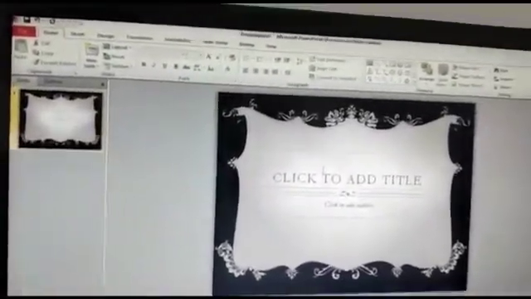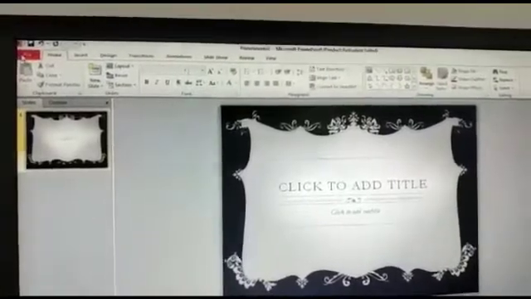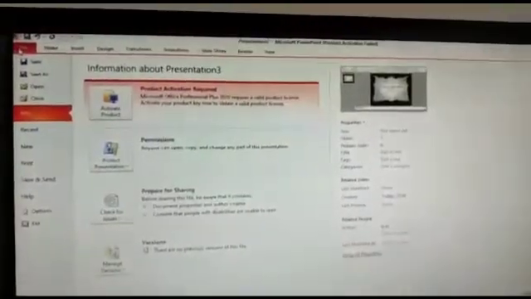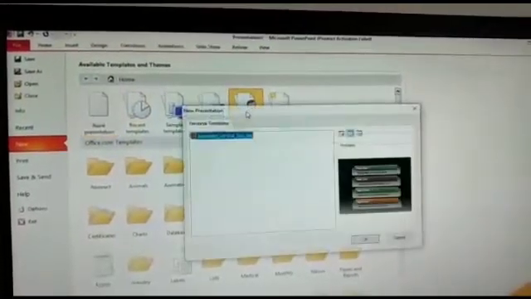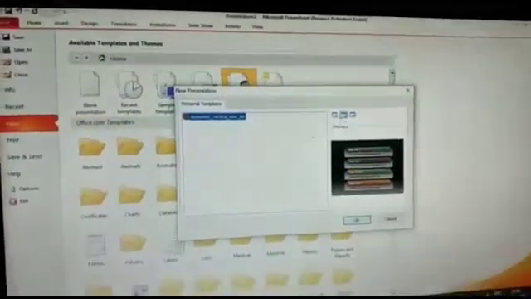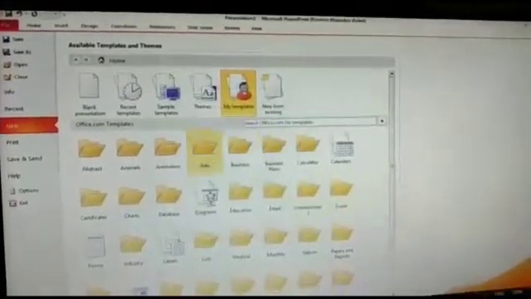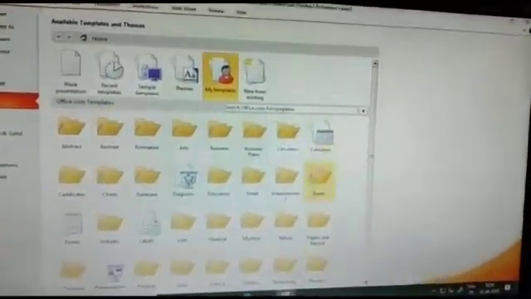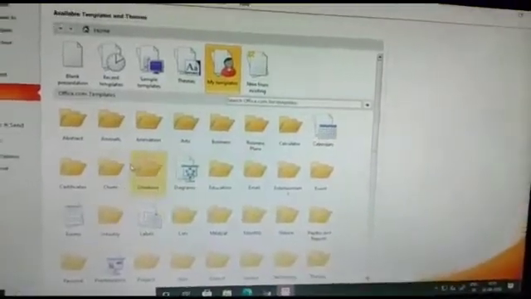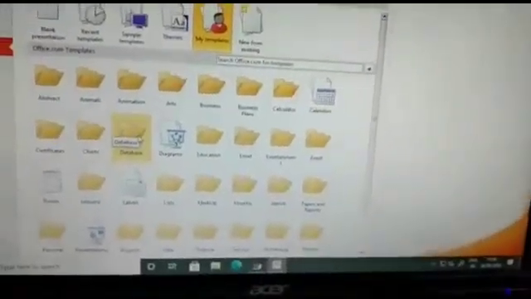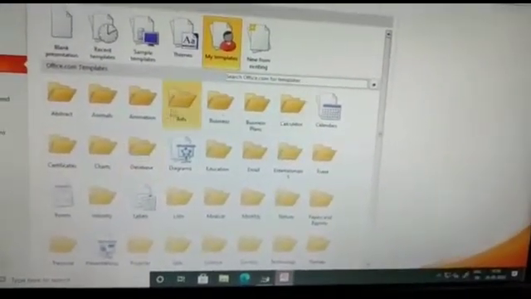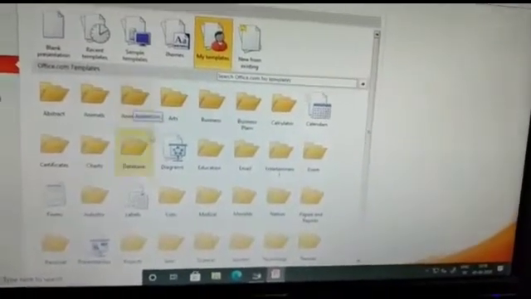Now the next is how to apply the templates. You can also apply the templates by clicking on the File option, then go on the New and here are the templates. You select, like these are the templates. So these are the ready-made templates. In this way you can click on the sample template. Like which I'll be taking, suppose it's diagram. Yes, I'll be taking the diagram.